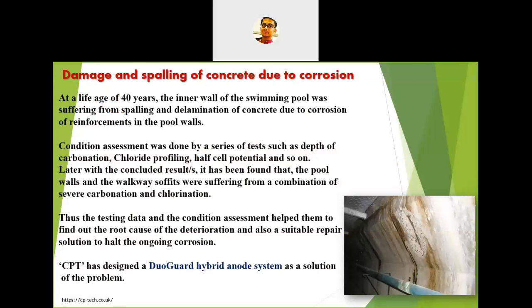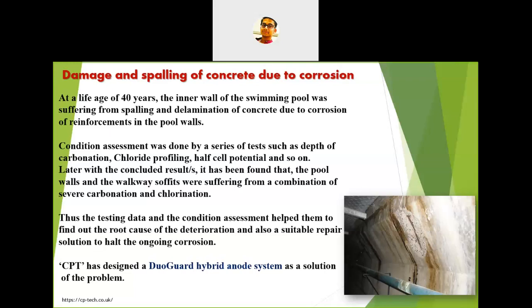They did a half-cell potential test and found that this particular concrete system is suffering from both carbonation and chlorination. So they adopted a Dugard hybrid anodic system to stop the corrosion. This is a protective type of technology, a protective type of repair work they did. Testing data like this helped them complete their condition assessment nicely, and